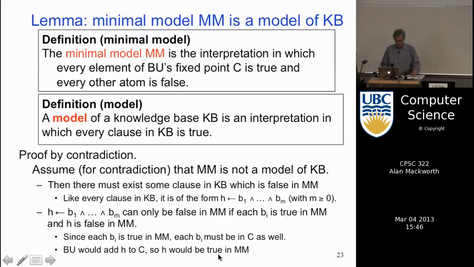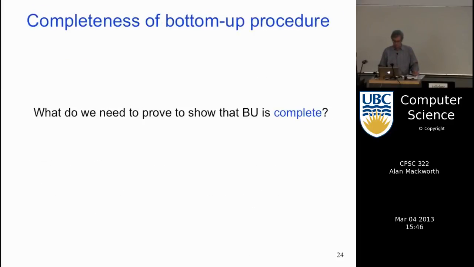Uh-oh, but actually, that's good news. There's a contradiction. H is false in the minimal model, and H is true in the minimal model, if the minimal model is not a model. So it has to be a model. We proved the theorem. Contradiction, therefore, the minimal model is a model. And again, this is kind of subtle, but every step is precisely correct. This is a very formal technical proof. Bulletproof. Okay?